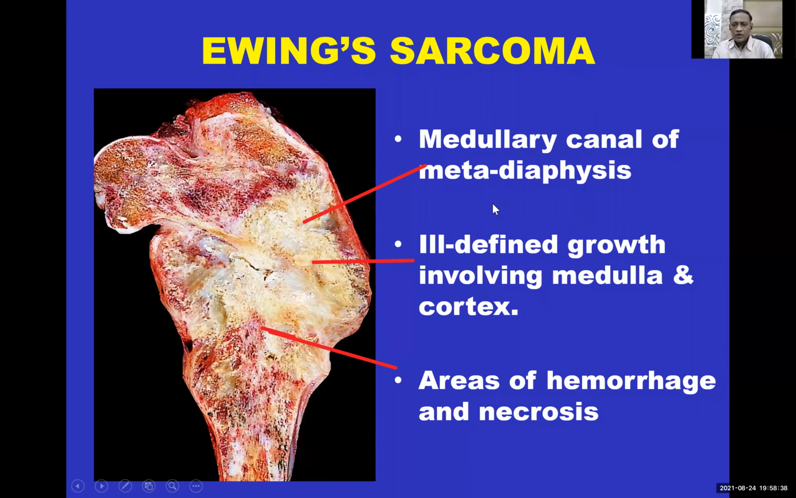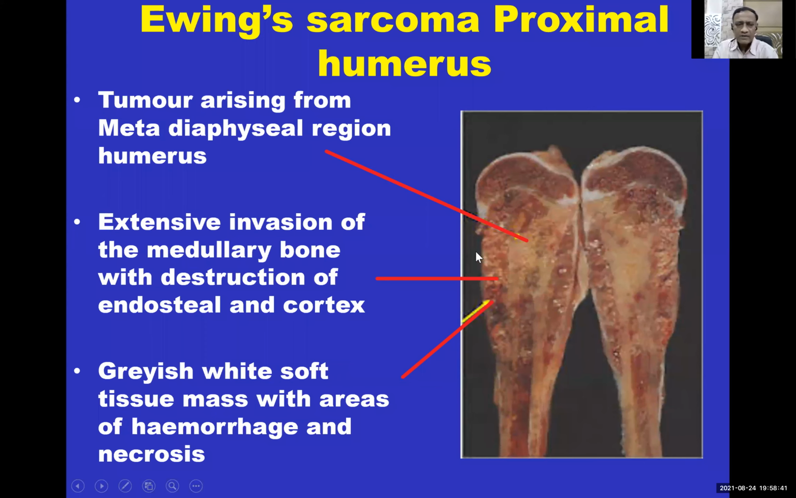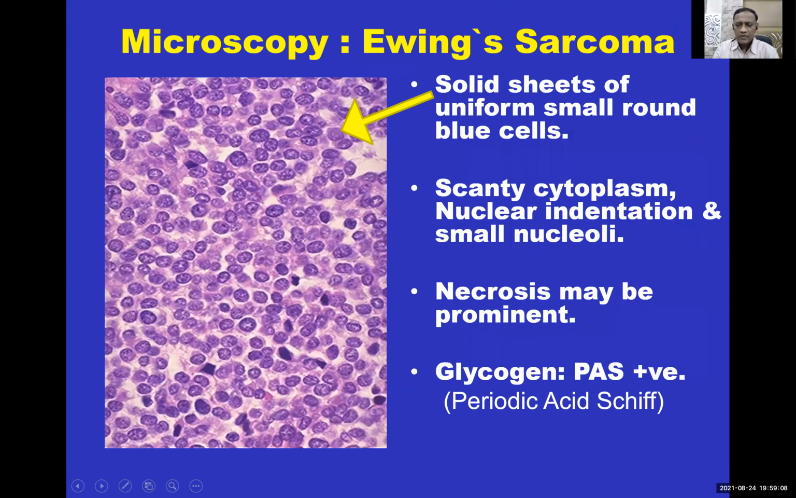This is another specimen of Ewing sarcoma arising from the humerus, which shows the tumor arising from the metaphyseal and diaphyseal junction of the humerus. There is extensive invasion of the medullary bone with destruction of the endosteum and cortex, and there is a grayish-white soft tissue mass with areas of hemorrhage and necrosis. Histologically, it shows solid sheets of uniform small round blue cells. That's why it is also called round cell sarcoma. There is scanty